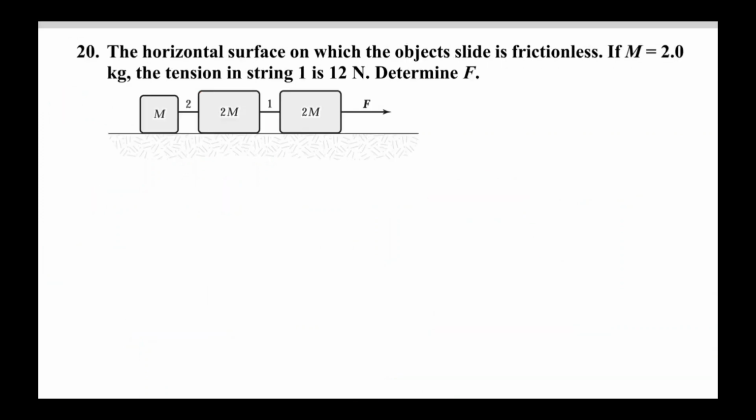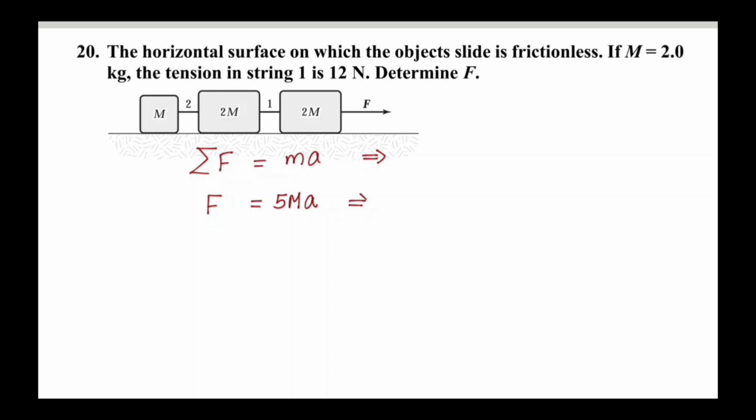The horizontal surface on which the objects slide is frictionless. If m equal to 2 kilograms, the tension in string 1 is equal to 12. How much is F? Now in this case, the sum of all forces equals MA, and here the only external force is F applied on this system. F equals the total mass, M plus 2M plus 2M, or 5M,